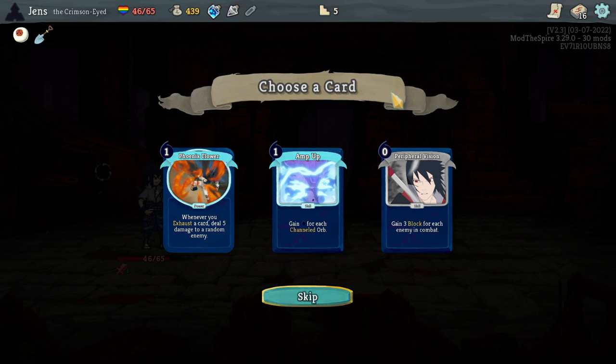You say at least a 0 cost block 3, like, that's a good thing. Like, 0 cost block 3 on a single card that doesn't replace itself is,